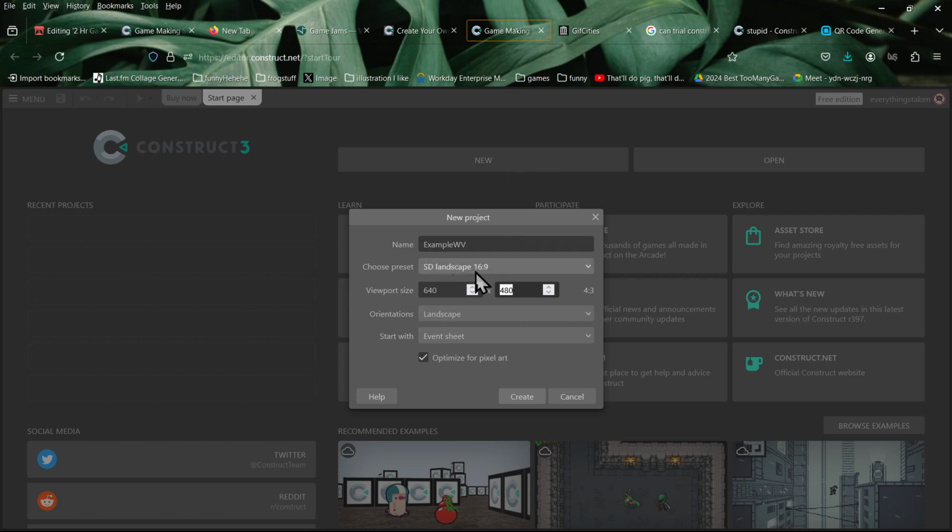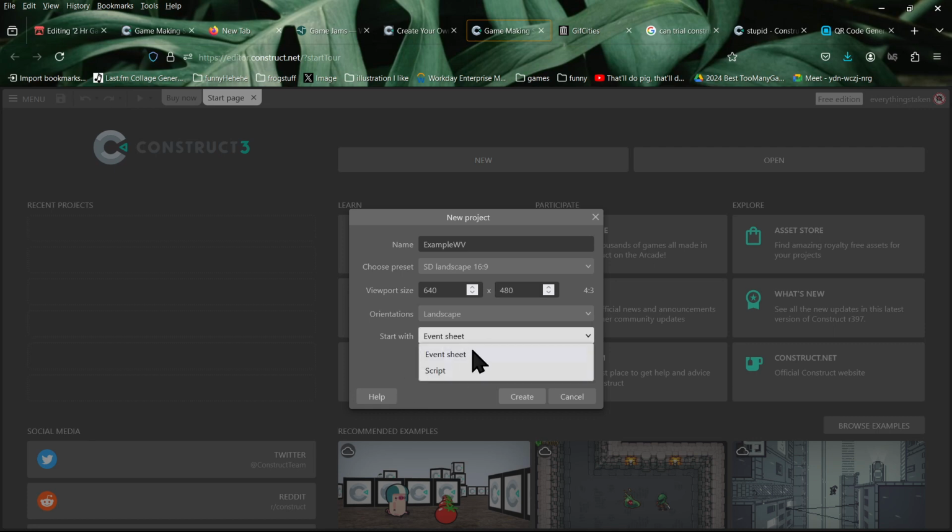This is 16 by 9, which is like most screen sizes. If you want to optimize for certain phone sizes, you can figure that out. But I'm going to do 640 by 480, because I'm imagining my game is on an old-style tube screen or something. I'm going to have landscape.